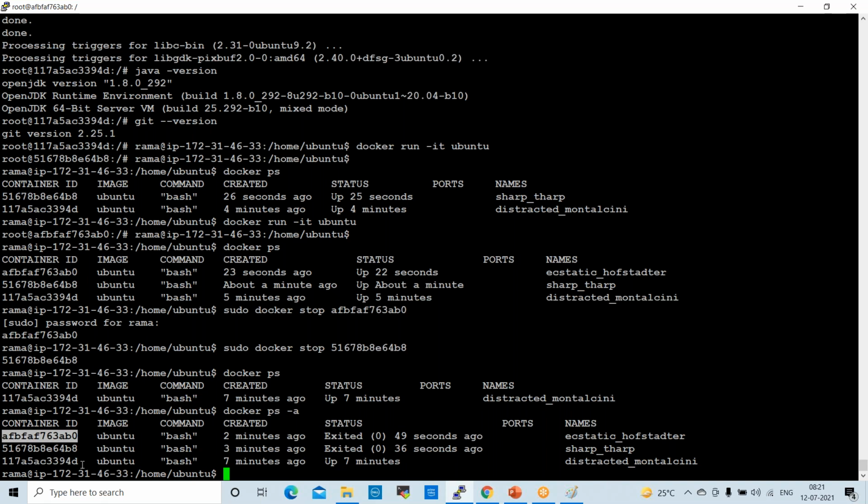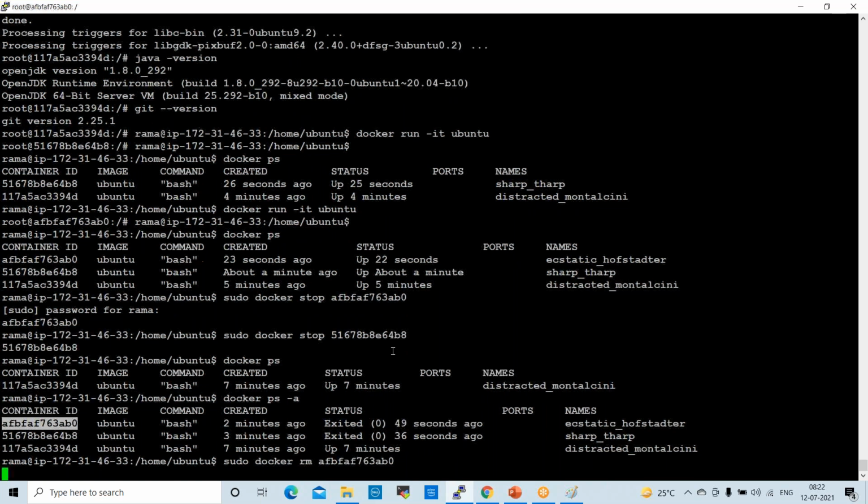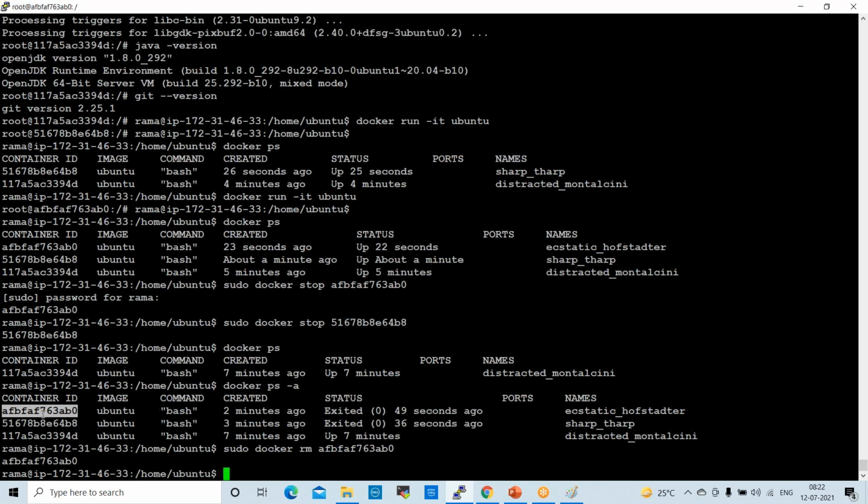To delete a container, the command here is sudo docker rm container ID. So this is the container ID. Paste here. Enter. Now it is removed. I want to remove this one also.